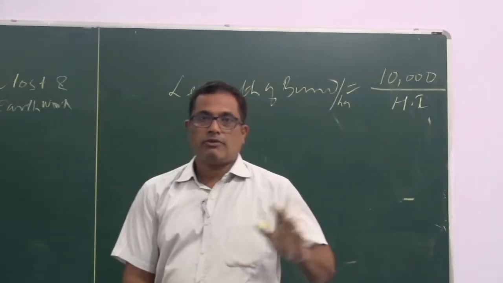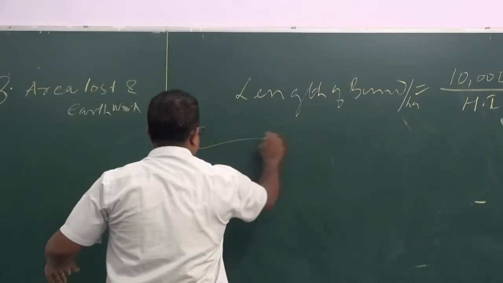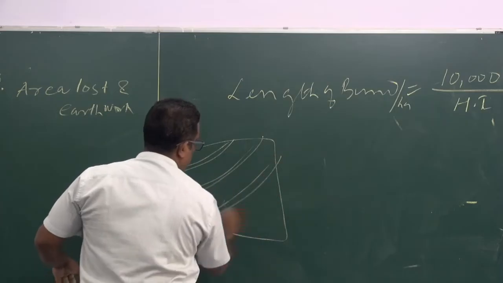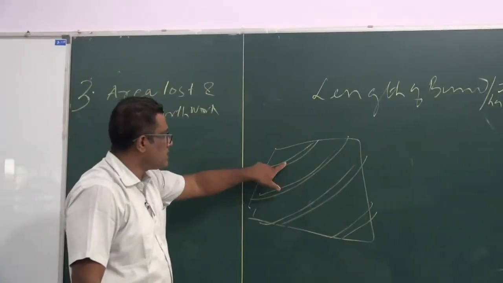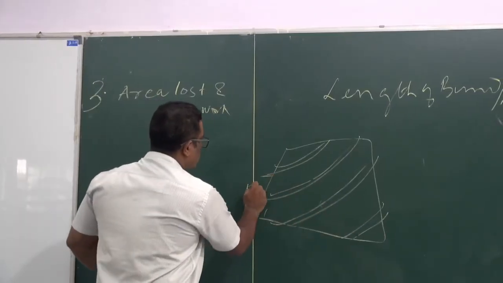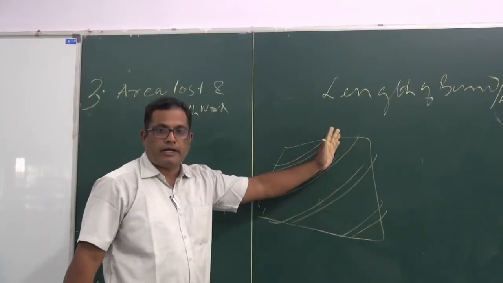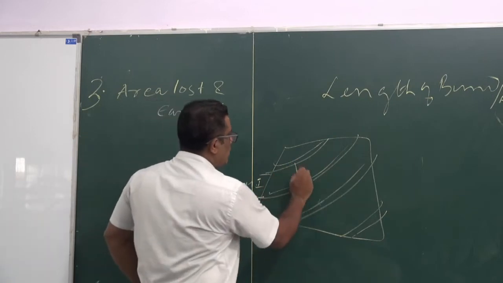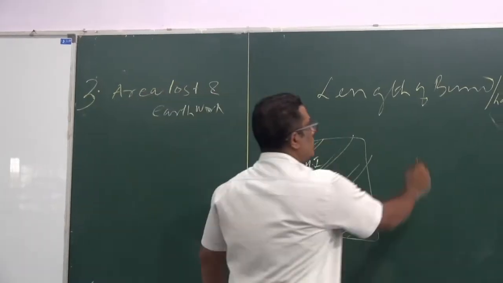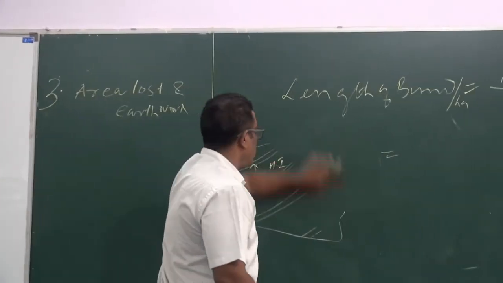What does length of the bund mean and what is its unit? Its unit is running meter. Say this is a 1 hectare piece of land and you are doing bunding. The length of the bund will include this length plus this length plus this length plus this length. That means this is your horizontal interval, and the total length would be the total area, in this case the unit area of 1 hectare, divided by the horizontal interval. Then we can find out the length of the bund. What is the horizontal interval? We have previously found out